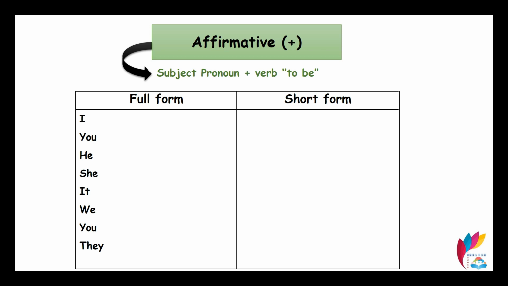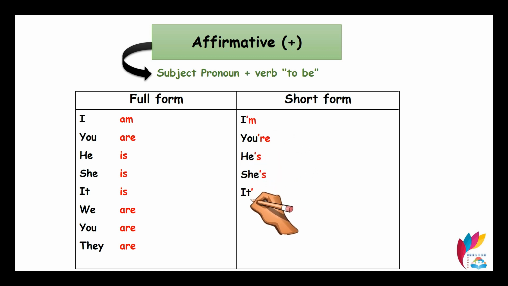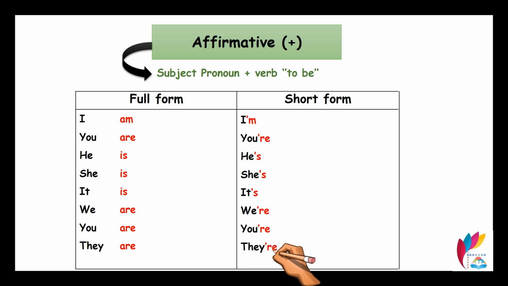Now let's put the verb to be in the affirmative form. So it will be I am, you are, he is, she is, it is, we are, you are, and they are. And the short form will be like I'm, you're, he's, she's, it's, we're, you're, and they're. Alright,